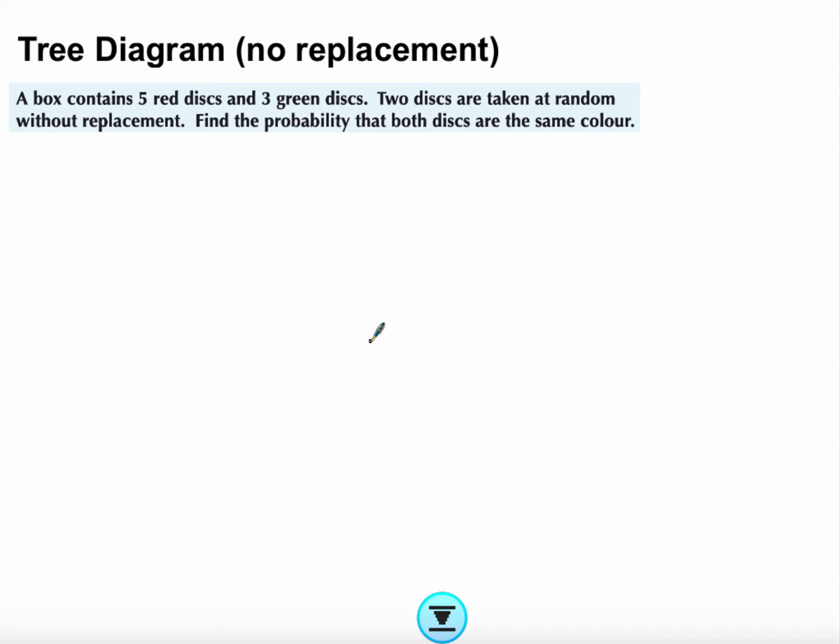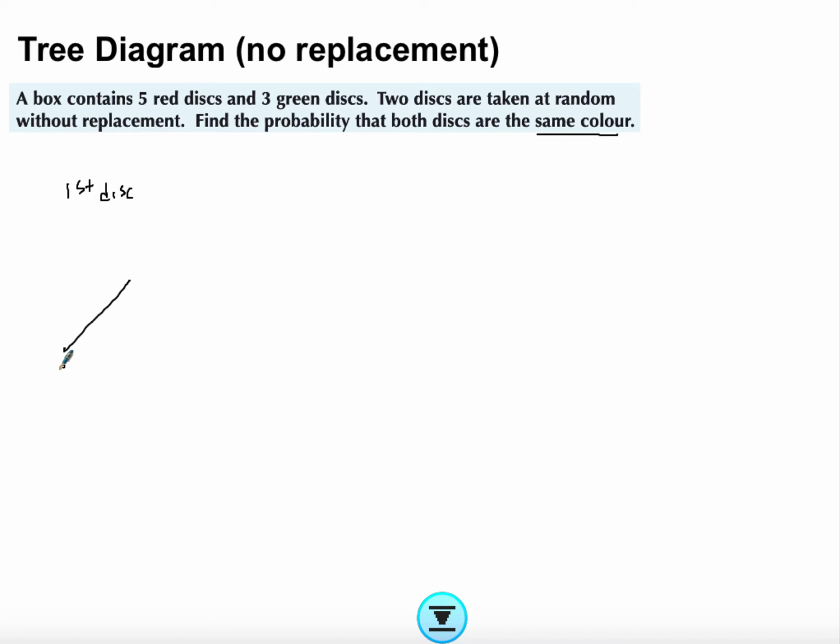Now, what if there was no replacement? So same setting, but the two discs are taken at random without replacement. So I'm doing two things. I'm taking the first disc and then the second disc, and I'm not replacing them. So again, we want to know the probability that they're the same color. So using the same logic,